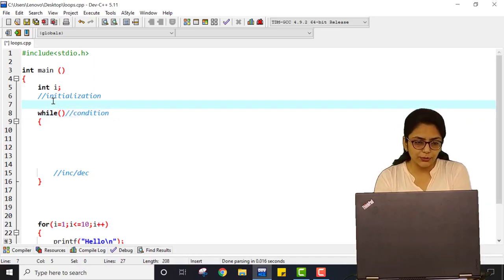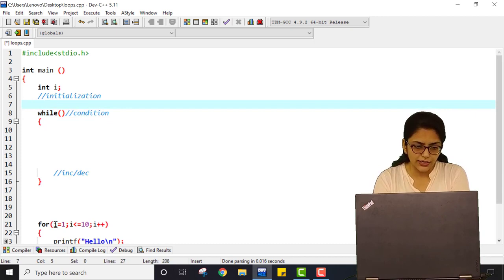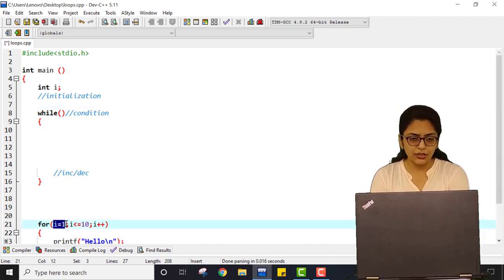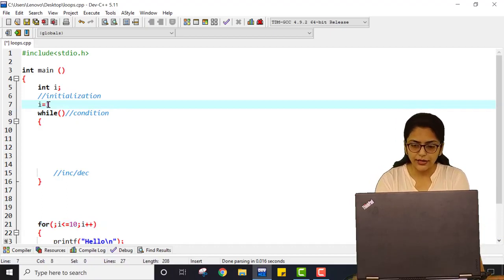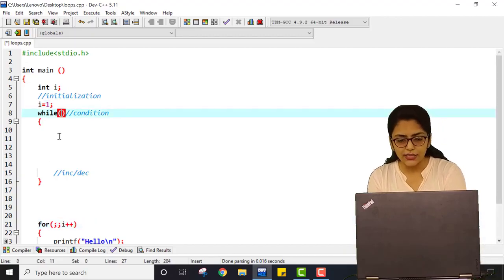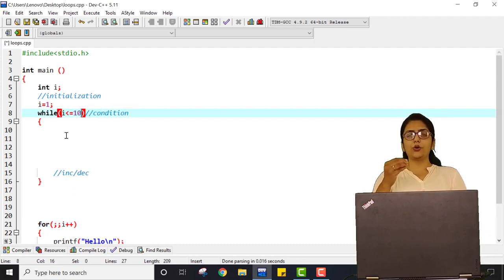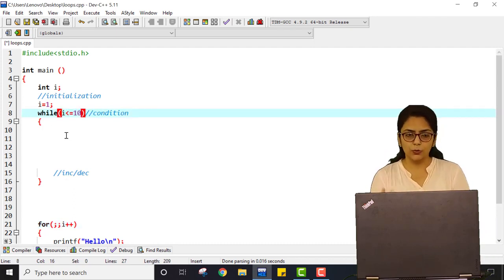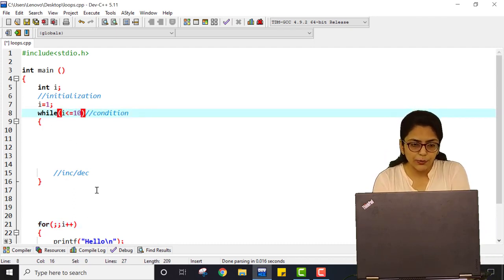In the previous program, i equal to 1 is the initialization. So I cut it and copied it over here, with a semicolon. Now what is the condition? i less than or equal to 10. While this condition is true, the control can go inside the loop. And what am I going to perform inside the loop?